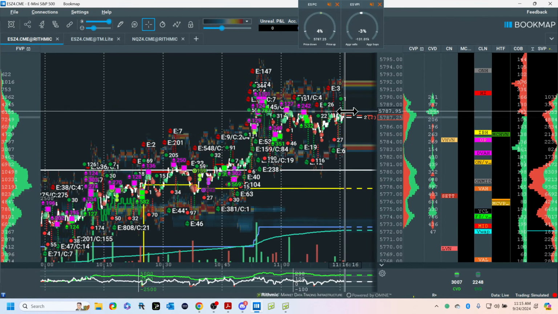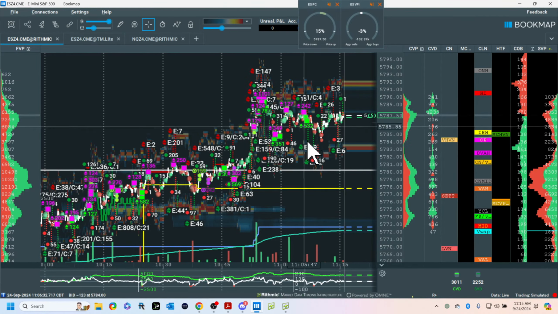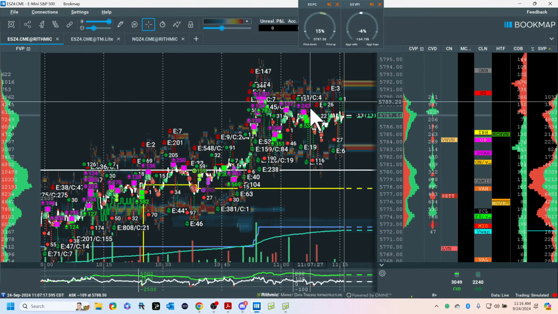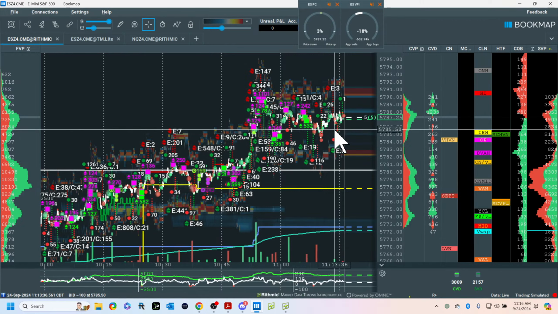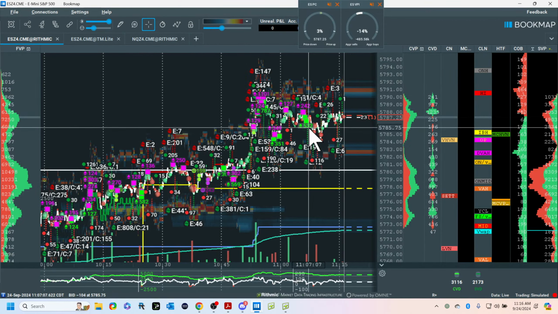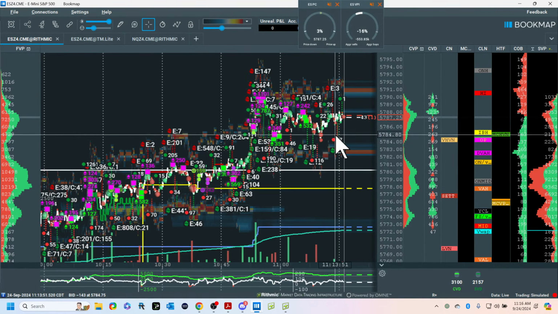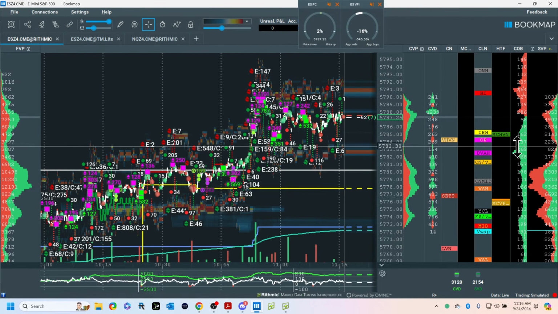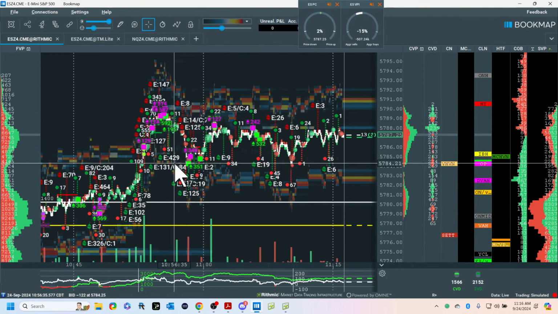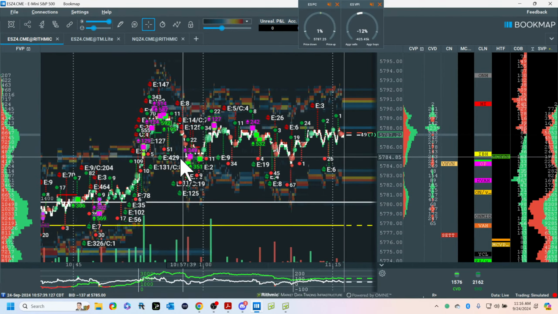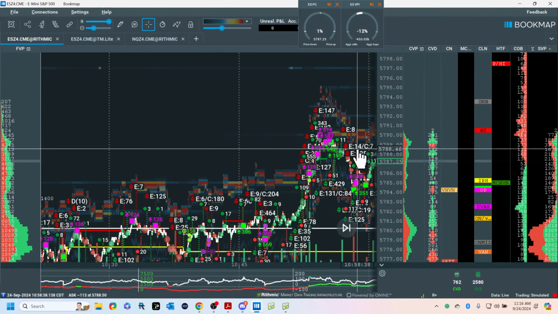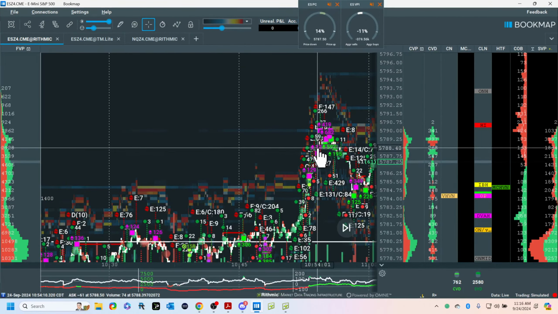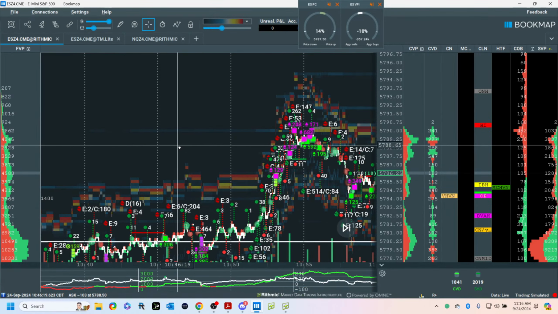Now, if we do come back, this is the target. But in my thought process, there's no short for me. If anything, there's a long here. And here's your outside edge out here. So if this rotation here, let's look at the microstructure. Now, I'm not making trade recommendations. This is all a function of your trade plan. Let's look at a potential long.